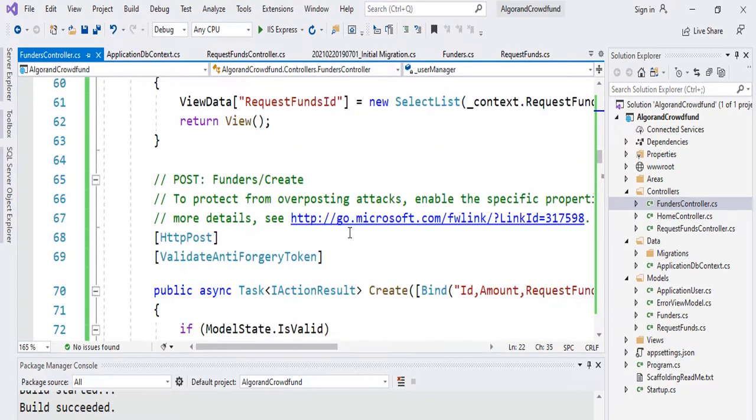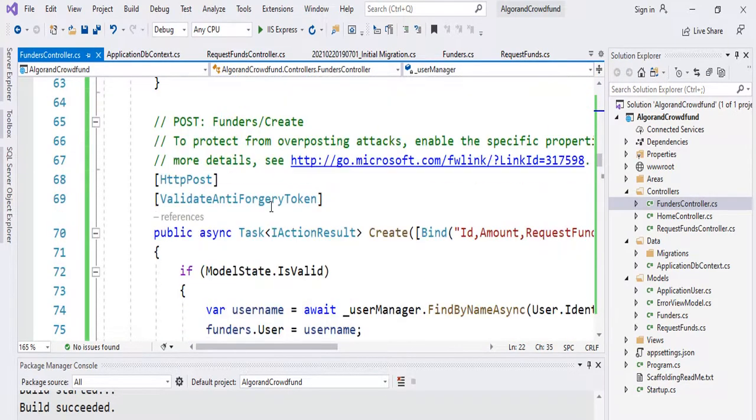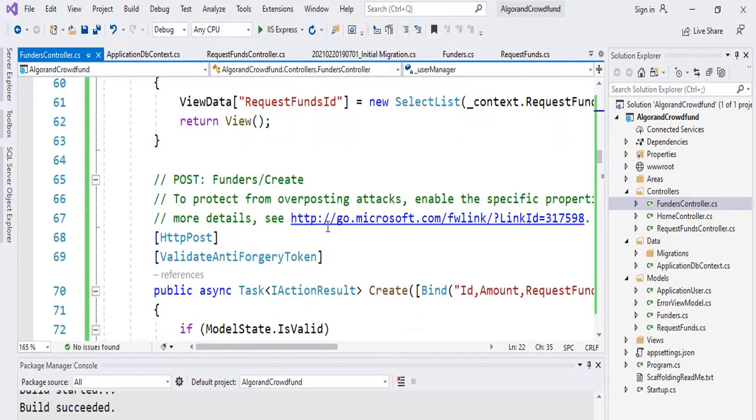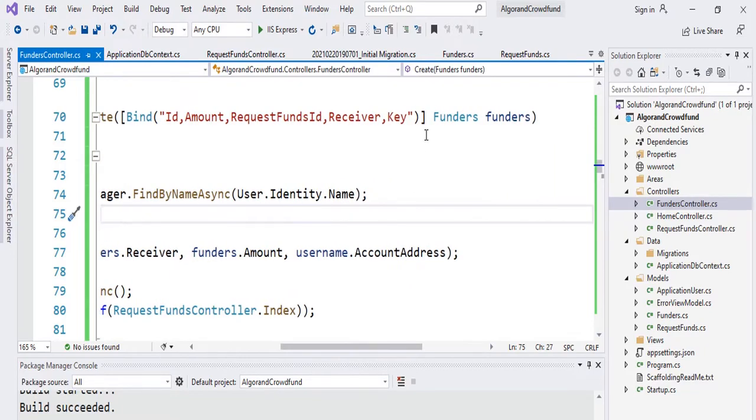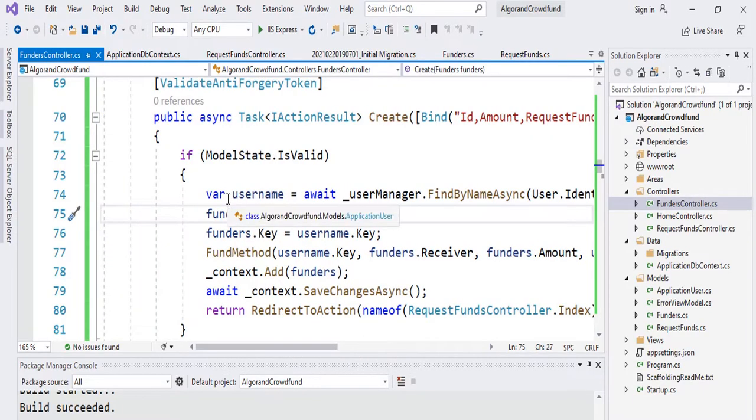What we are interested in is this particular functionality, our create functionality. So inside of our create functionality, we made use of our user manager that we made a dependency injection of, and then we have our variable for username, finding a user in session by his or her name, right? And then we have our funders.user, that is from our class of funders. We are passing in the funders.user to be equal to this particular username right here, consisting of the user details, and then funders.key consisting of the